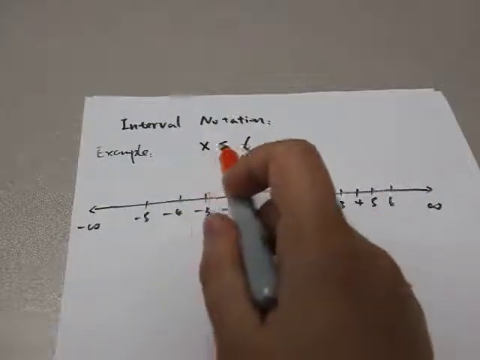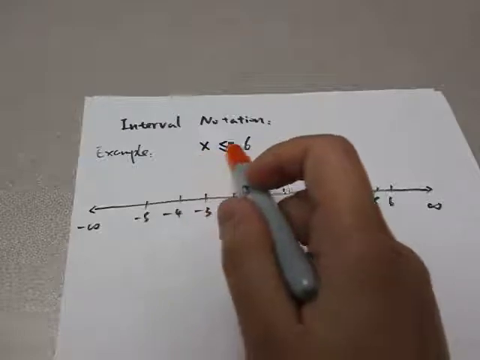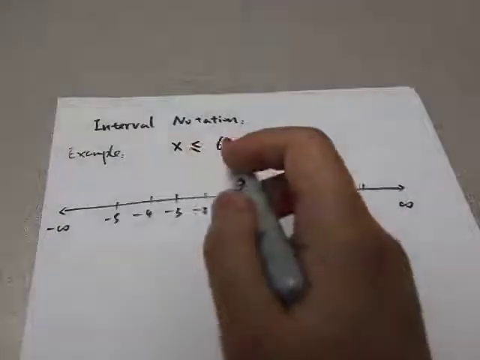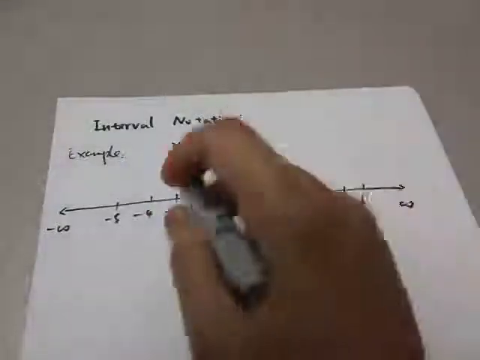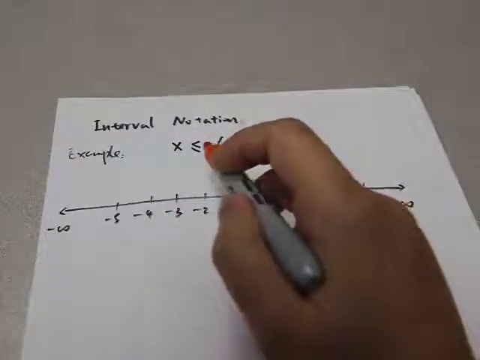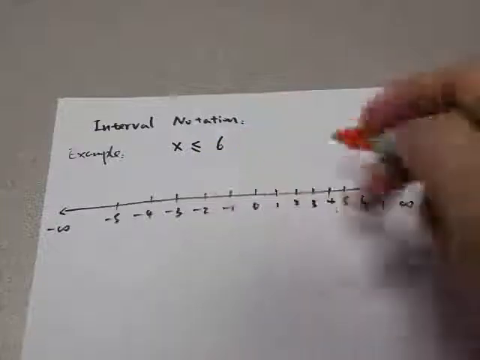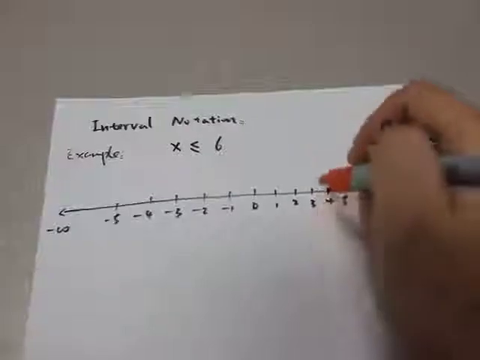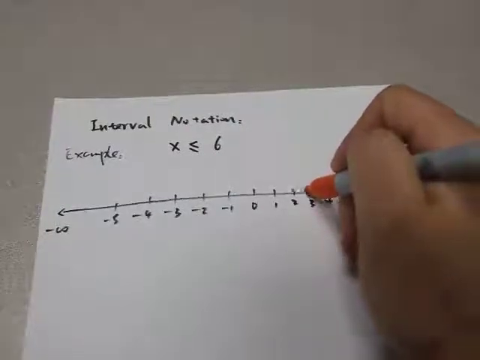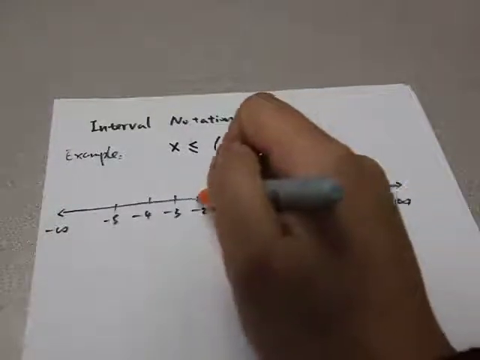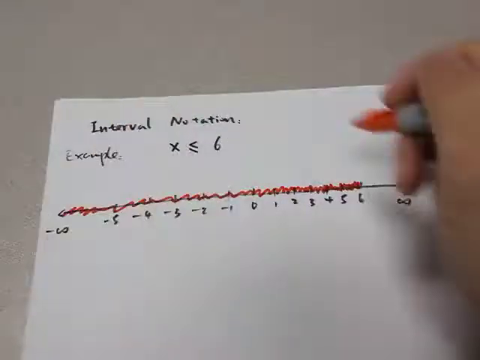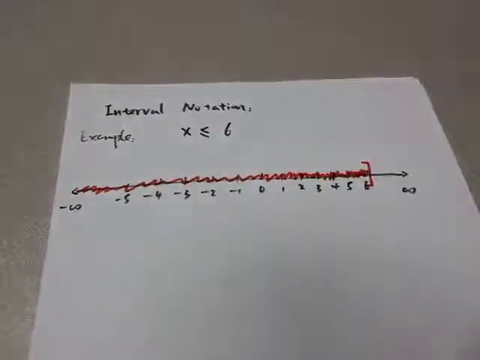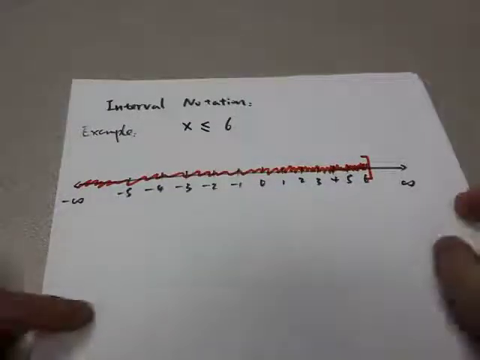Now here the solution is x less than or equal to 6. So we go ahead to graph the solution. So the solutions are anything less than or equal to 6. So we should cover every number on the left hand side of 6. Okay, and at 6 we put a bracket. Okay, now if you have the